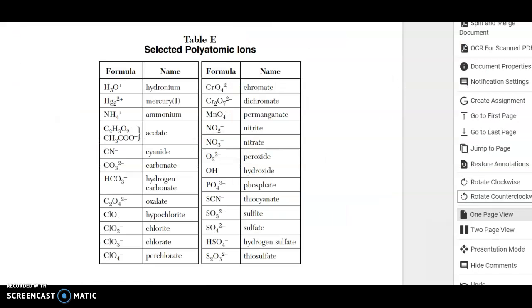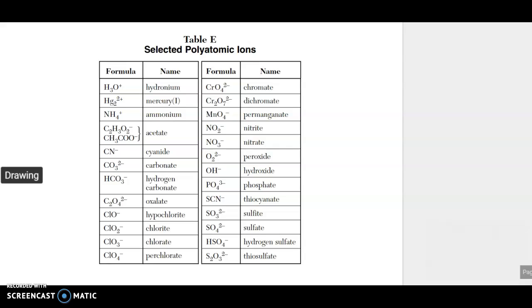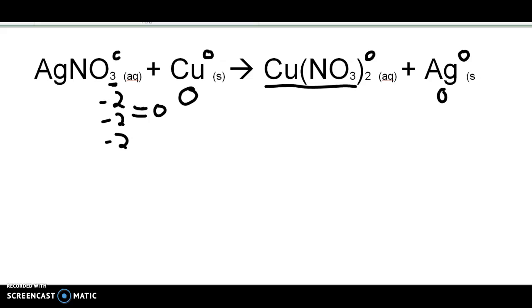Nitrate is right here, and it has a negative charge, as you can see from the little minus that is right next to it. So the whole ion, NO3, has a -1 charge. So if we go back, while the whole compound is neutral, this part of it, NO3, is going to have a -1 charge,